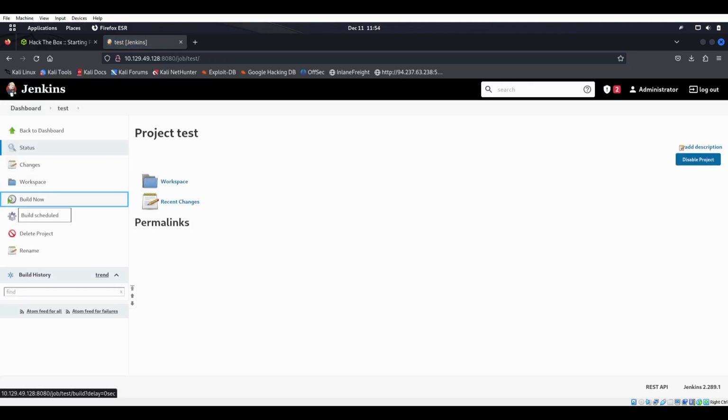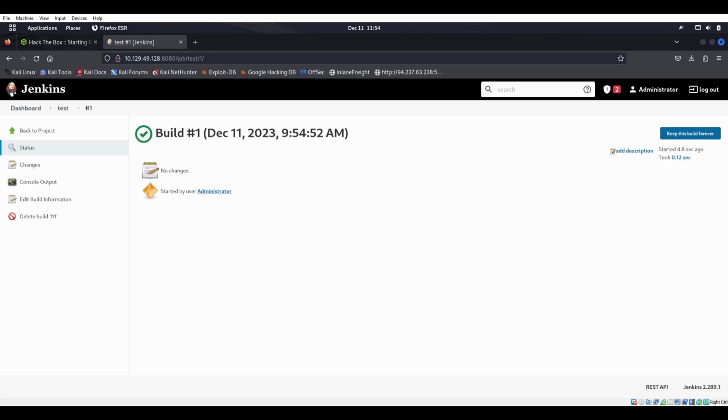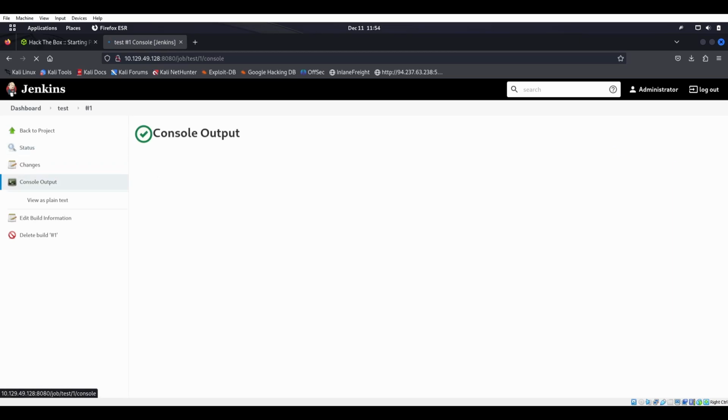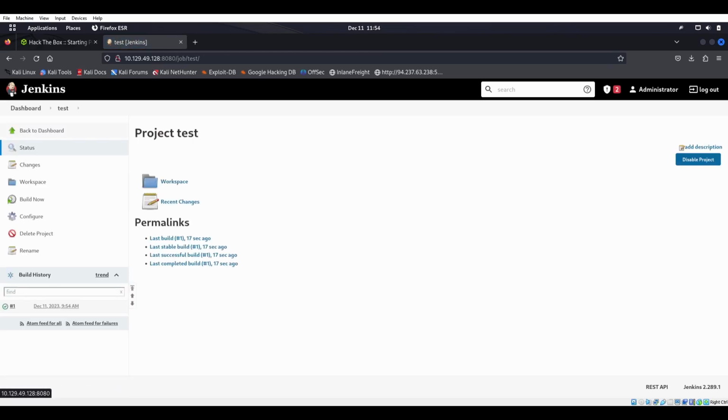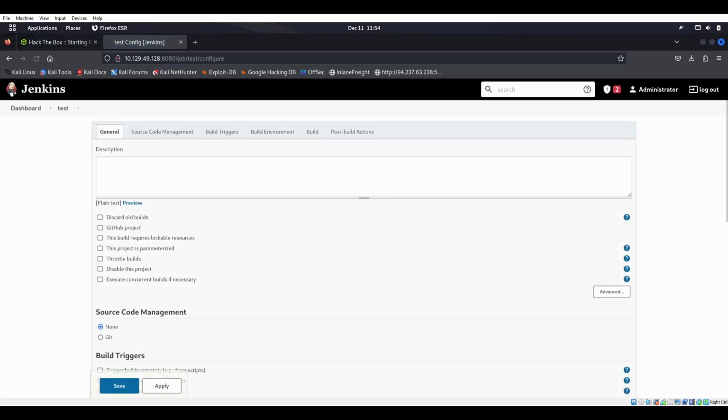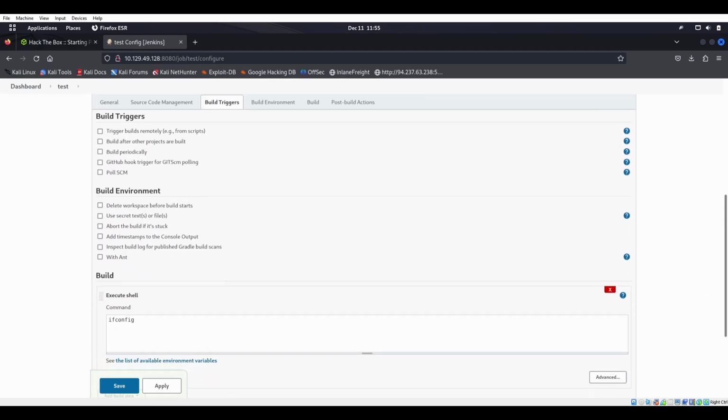So we can go to build now, and we get this little check mark saying that, hey, it worked, right? So if we click on it, and we go to console output, we should have an ifconfig, and we do. Awesome, okay? Let's go back to our project over here, and let's try to get a reverse shell like this, right? So we'll go to, let's see here, configure,